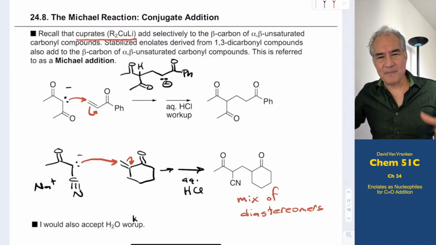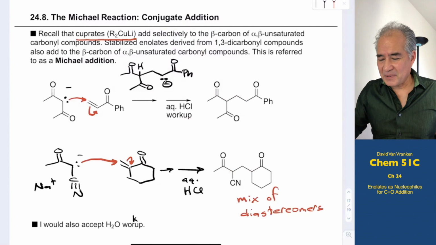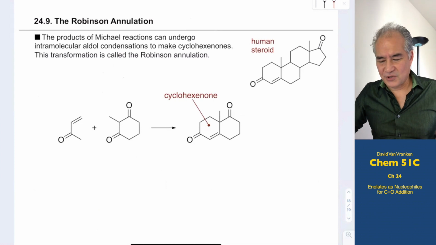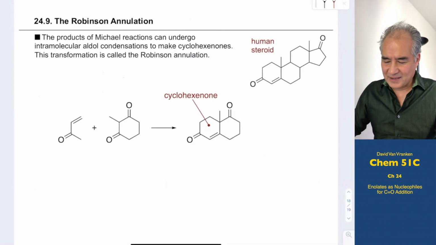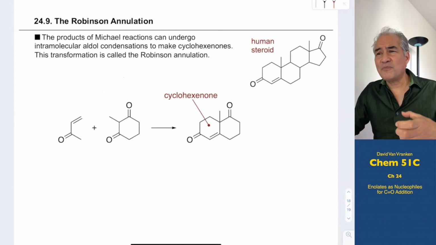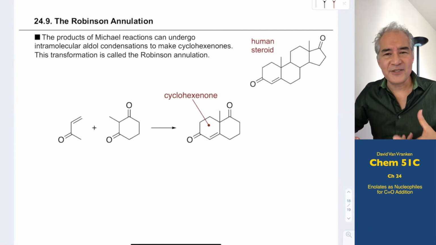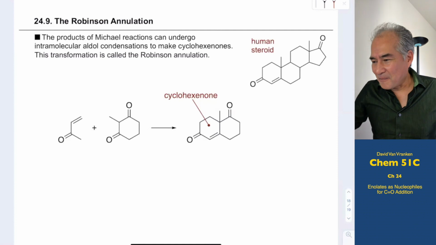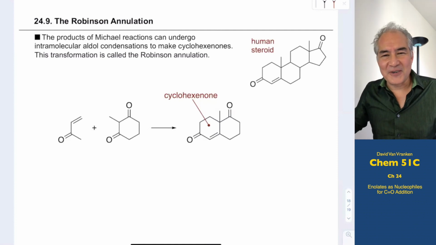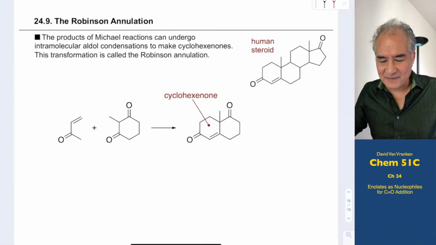Now, we have some powerful tools here with this Michael addition and aldol condensations to assemble some very complex molecules. So I'm going to show you kind of the piece de resistance of this chapter, which is this extravaganza of reactions that allows you to make six-membered rings. And this turned out to be a super important reaction in the 1950s and the 1960s when everybody was trying to figure out how do we make steroids without being forced to isolate steroids out of, I don't know, pig brains or pig spinal cords or slaughterhouse stuff where you get 2 mgs of steroid out of vast quantities of